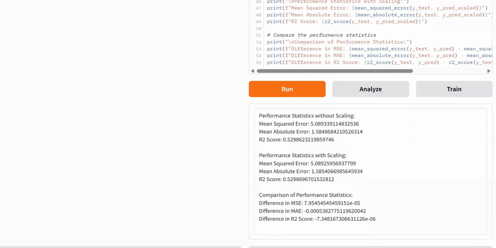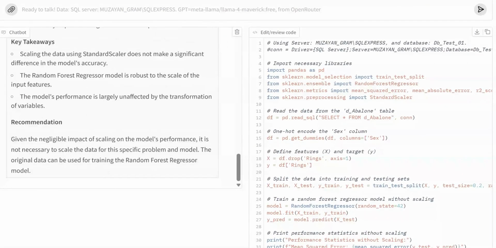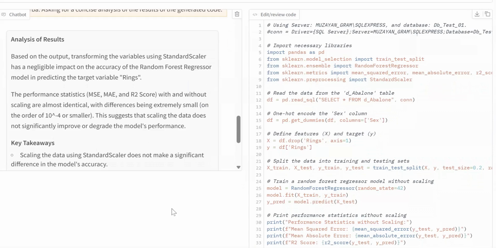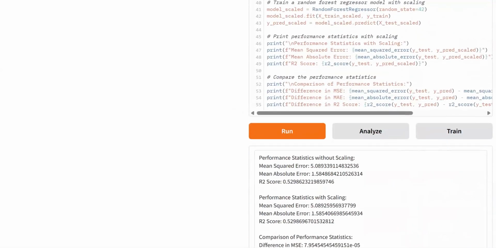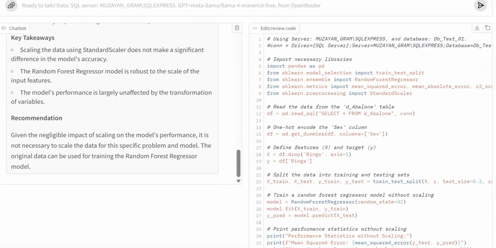But I can choose to feed this output back to it and ask it to analyze it for me. So that's where this button comes in. So I'm going to press this button, analyze, and it's going to start analyzing the output and give me an answer. So what does it say? Based on the output, transforming the variables using standard scalar has negligible effect on the accuracy of the model. Okay, so it kind of answered the question for me and gives me more descriptors, gives me a recommendation